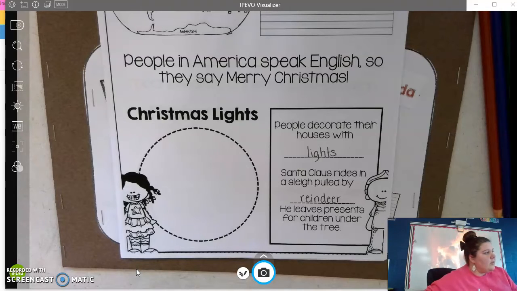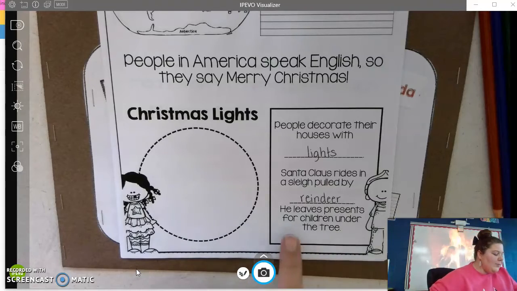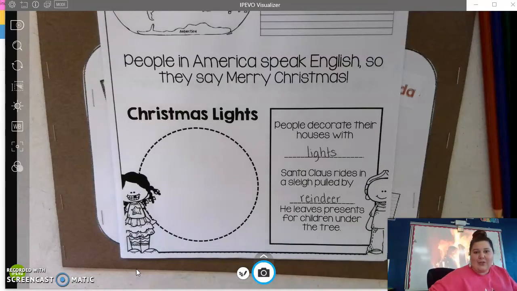There's, let's see, Comet, and Donner, and Blitzen, and Vixen, and Rudolph. I'm already missing some. That was only 5. Maybe your challenge is to find out all of the names of the reindeer. He leaves presents for children under the tree.